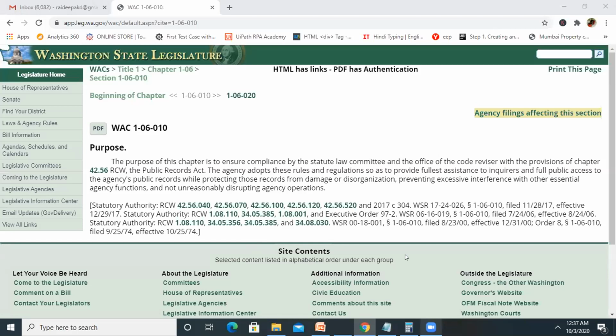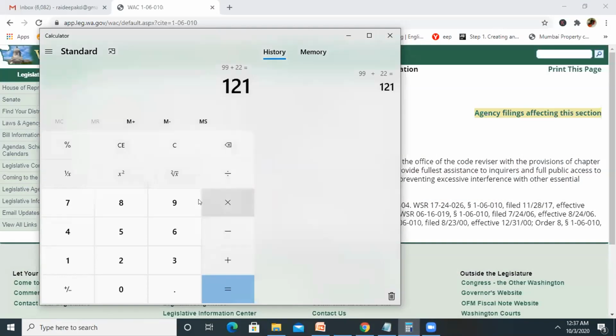But if any question remains unaddressed, here it's mentioned: while using the calculator, can we select two elements? Yes, it's possible to select two elements as well for any option. In the calculator, if you want to select the square root of any number, you can do that. Then you can provide equal to, and when you hit enter, it will generate your code.